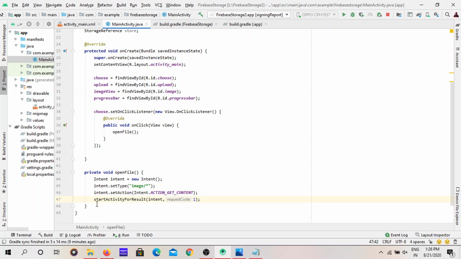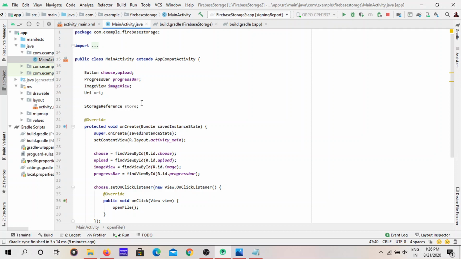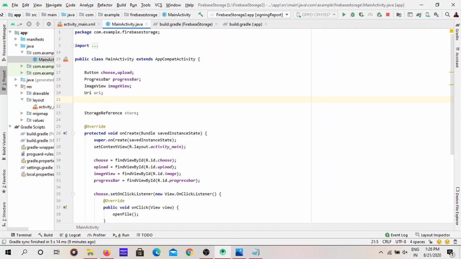Now we are saying to Java start an activity for result. What type of activity? This intent type of activity. And what is the request code? Request code is 1. I will tell you the use of this request code, but don't assign it with the 1. Let's do one thing. Just store this one variable into a constant, because constants in Java never change, you can't change those constants.